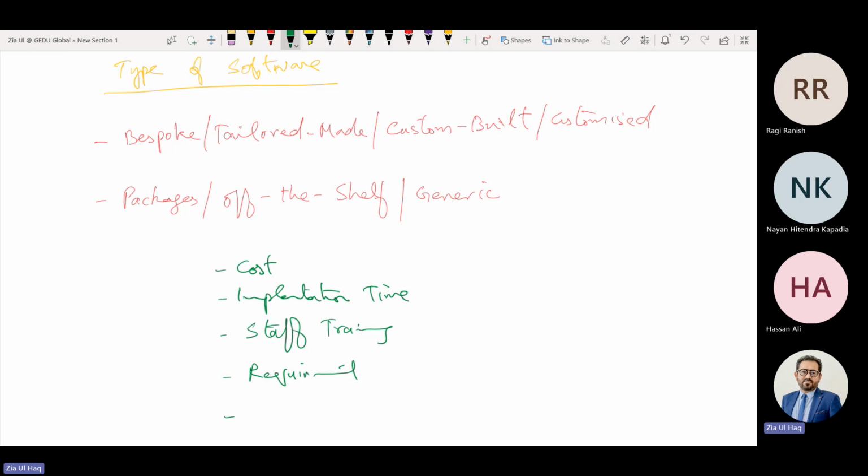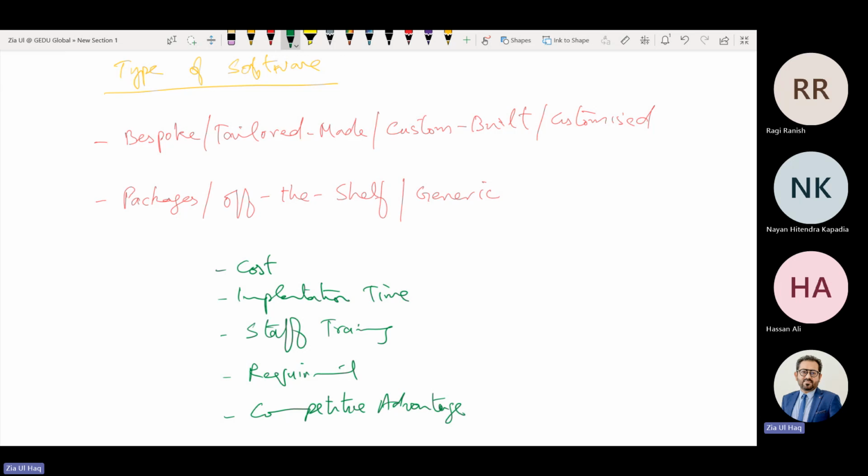What else could be an advantage of bespoke? Competitive advantage. Nobody else will be using that software that you are using. Might be you have developed a highly innovative solution from a software house, and your competitors are using packages, meaning their software is not as effective for the business as your software. What else?